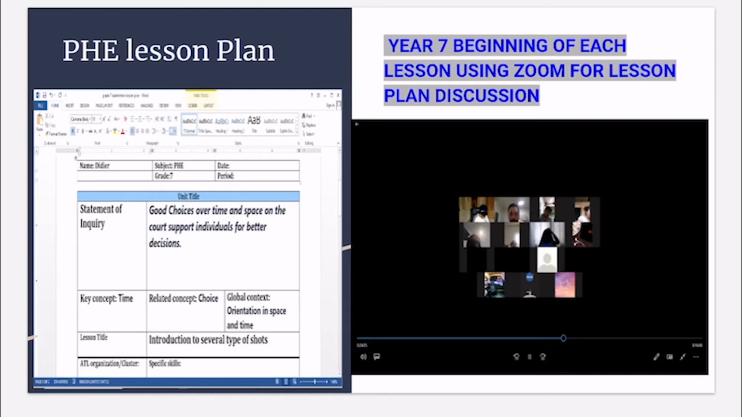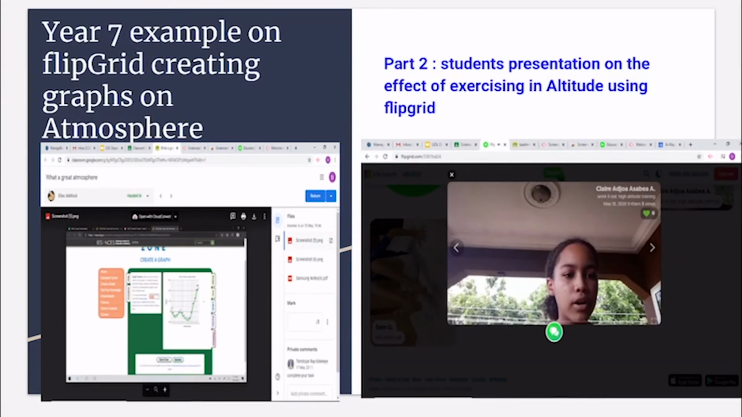PHE lesson plans are being shared with the students to brainstorm their knowledge and understanding at the beginning of each lesson and unit. In Year 7, students' learning engagement in UDL is being assessed through Flipgrid, where in part 1, students show examples of using graphs about atmosphere, and in part 2, students use different types of presentation on Flipgrid for both evidence and the assessment criterion